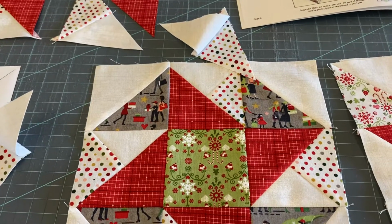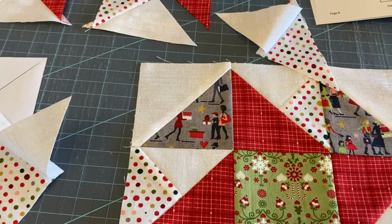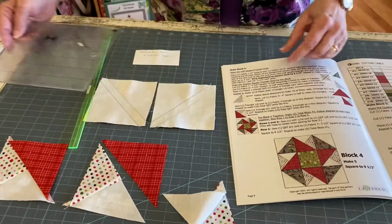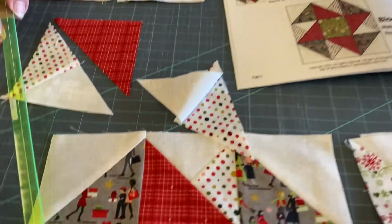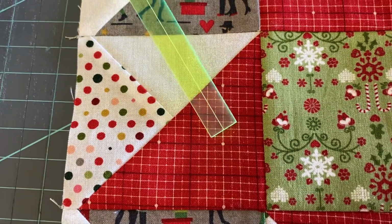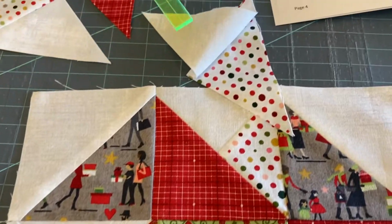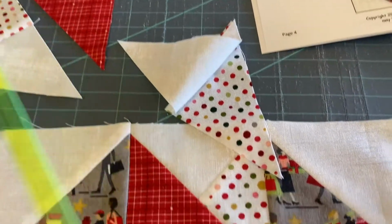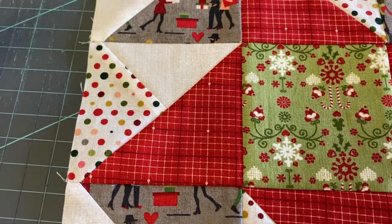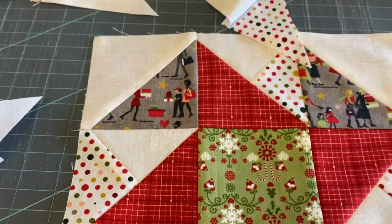Then, half square triangles, again, they're oversized, and we're going to take our Tucker trimmer and trim them to 3.5. Now, the next unit, I call it a combination unit. We've got a quarter square, and then we've got a half square. Now, these again are oversized. As you can see, on this particular block, on the top and the bottom, we have our white at the edge, and on the sides, we've got our dots. And the instructions are telling you to